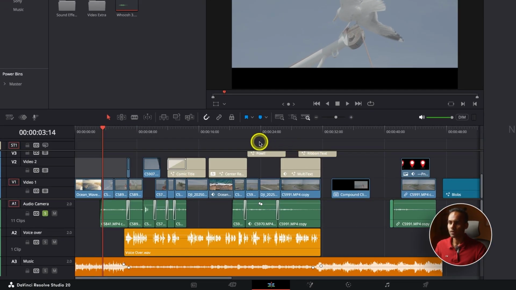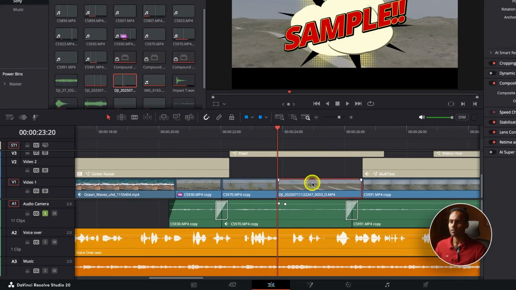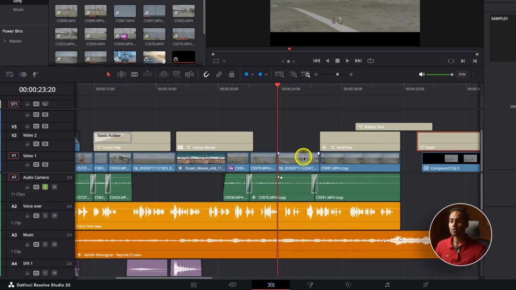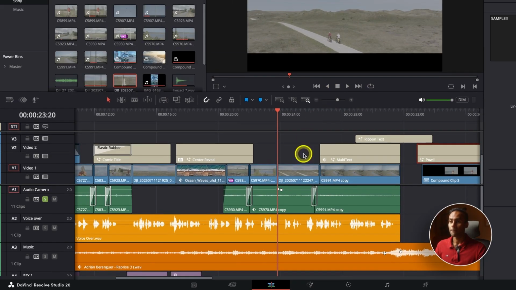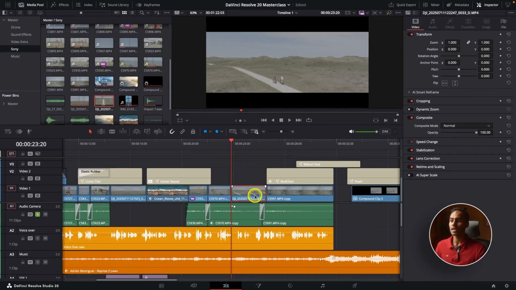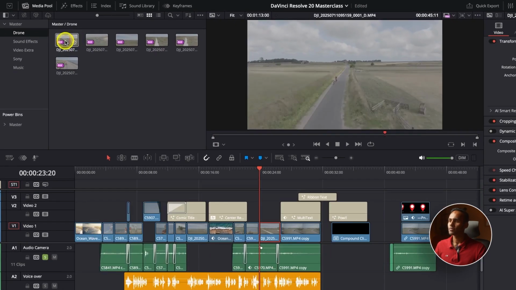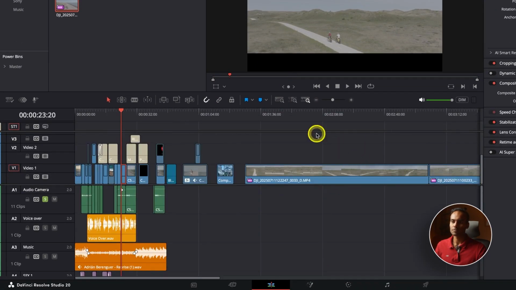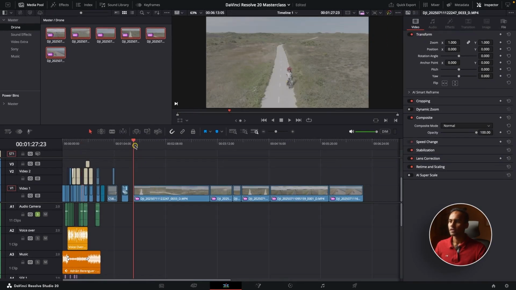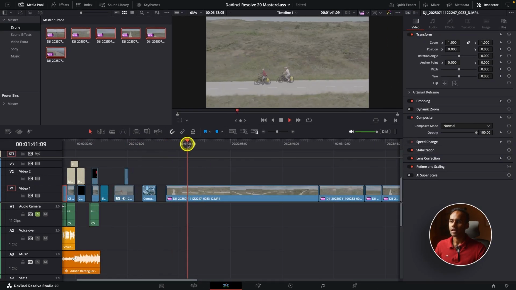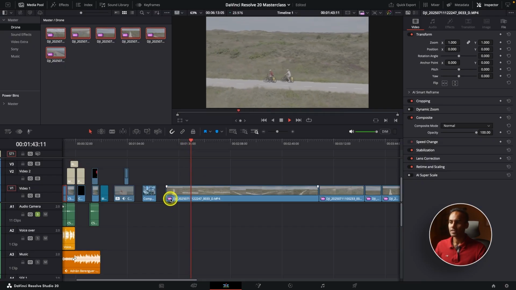So if we go to this drone clip, right? I can get rid of the animation. So this drone clip should be proxy, but I can see here that this file is original from the camera, because if we go here, if we just play this drone, or maybe if we just copy all of these clips, let's just put it here, right? So now we can see that the proxy media is playing,